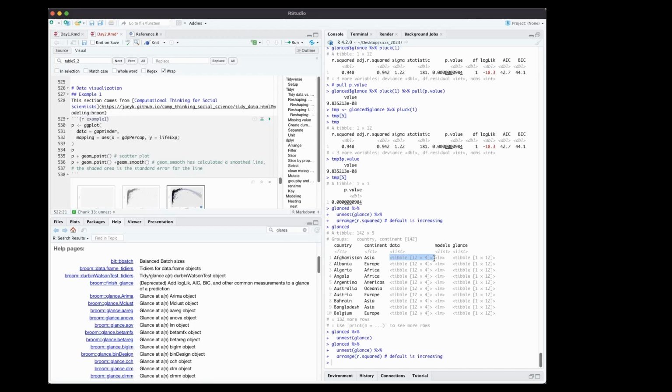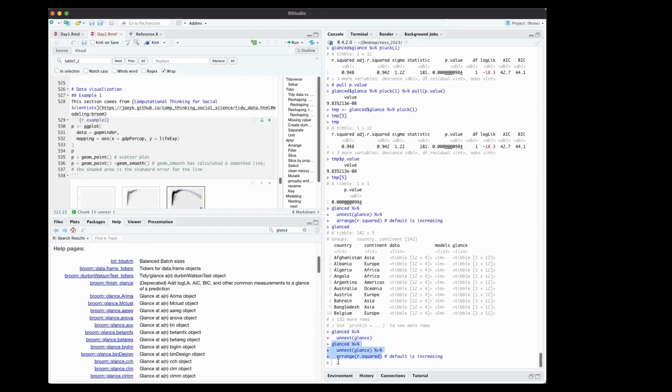Do you mean you want to rearrange the glanced data frame by this column? Yeah, so just like we arrange it by r squared just now, so I was toying with what to arrange it with. And so I noticed the output on the data all says table, which I know is from the original package. So I was just wondering about that, but it's all right, I guess. Yeah, I think if you choose to,